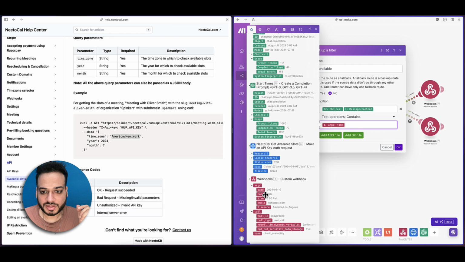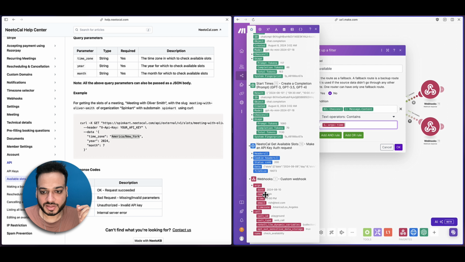And I'll include a filter here: if the time is not available, which means this message does not contain the time given by the webhook, it simply means that we don't have availability for that time, and we will put that this time is not available, but you can book for these times. This is very interesting because we not only have to say no, we also have to give alternate times that are available to the user, right?